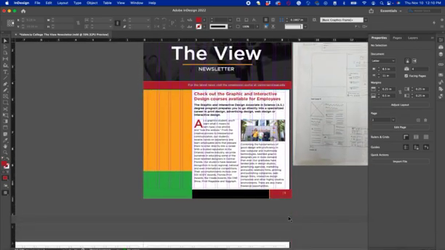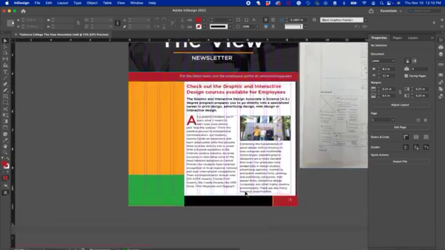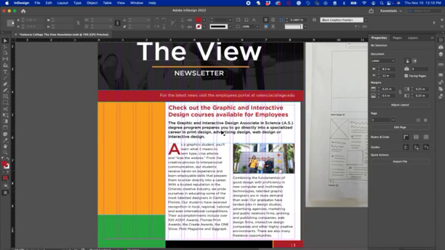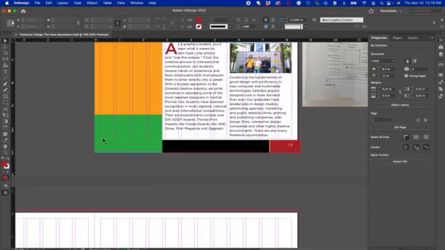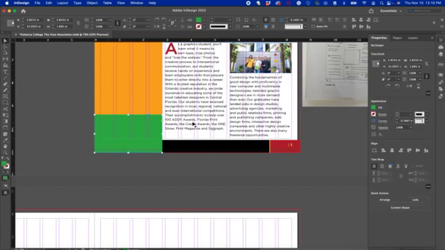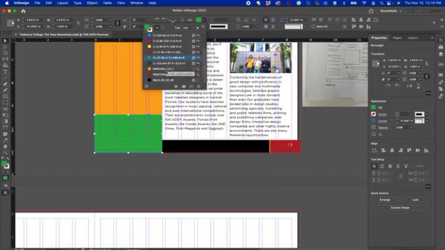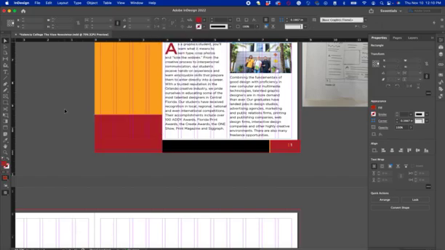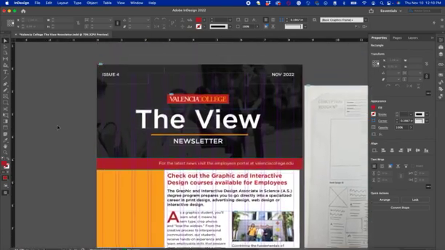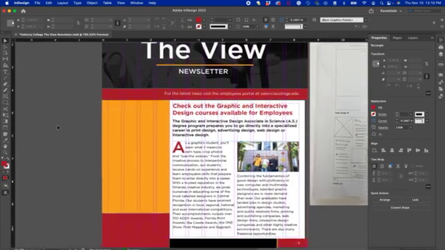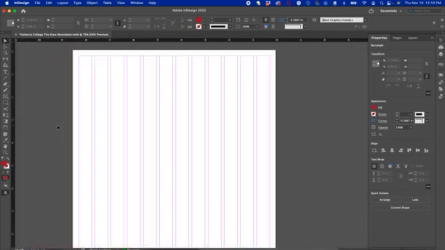So there you go. This is a first step on laying out the article, and I would do the same thing with the table of contents, the different boxes for each one of them, and also bring in icons for the social media from vectors, place them down here. Maybe this thing is going to be, instead of green, of course, red, right? So this would be my cover, and the next step would be to lay out some of the articles in